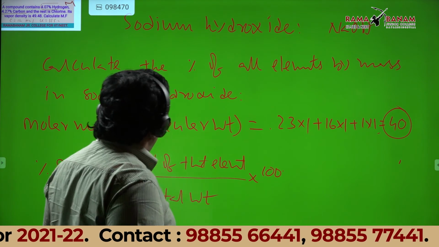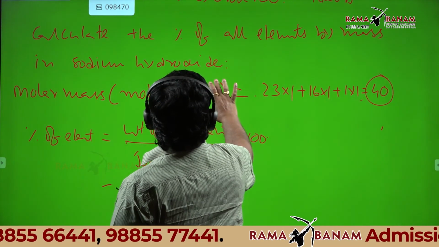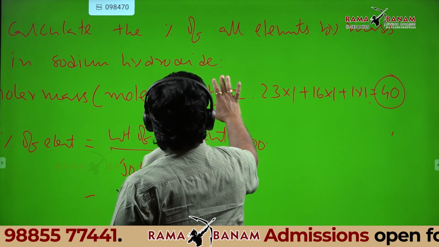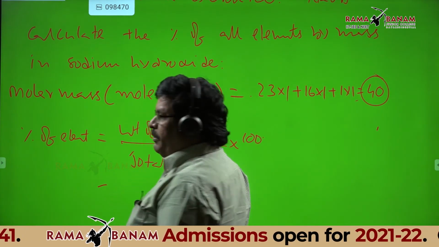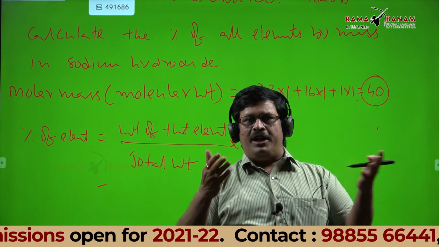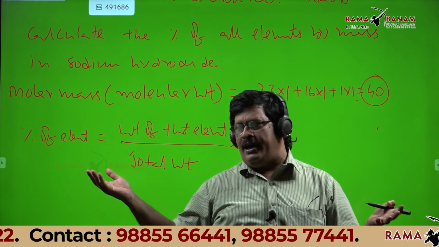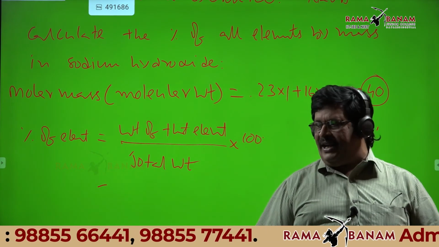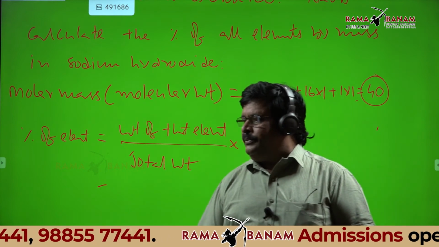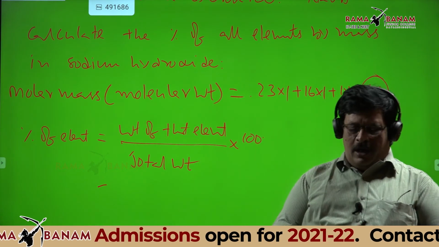Okay. Students, I will tell one logic in this. No need to calculate all the three now. Because if you can calculate two, you just add the percentages of those two and subtract it from 100, we will get the third one. Am I right? Yes, sir. Arshini, you are correct. Now look at the board.